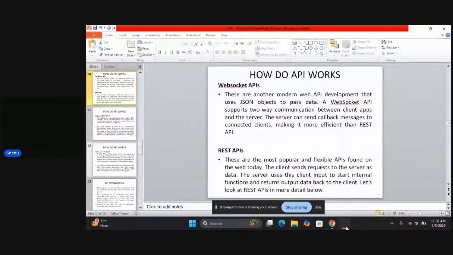A WebSocket API supports two-way communication between a client app and the server app. So this particular type of API supports two-way communication, to and fro, between the client and the server, and between the server and the client. The server can send callback messages to connected clients, making it